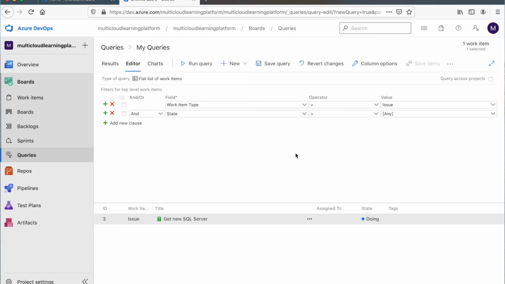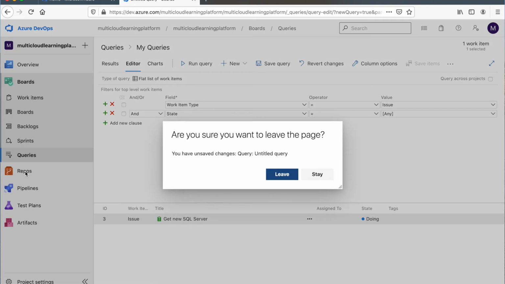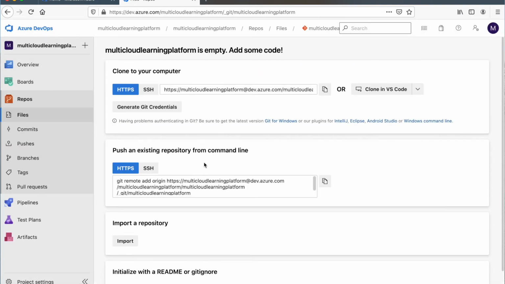I can filter to who the task is assigned to, what state it is in. All of that I can do very easily. I find it very, very user friendly, especially in an environment where there are lots and lots of tasks and a lot going on. When I click on repos files, you can see that